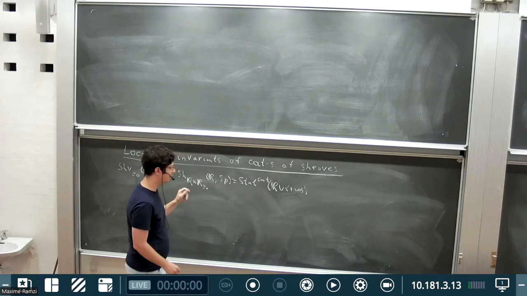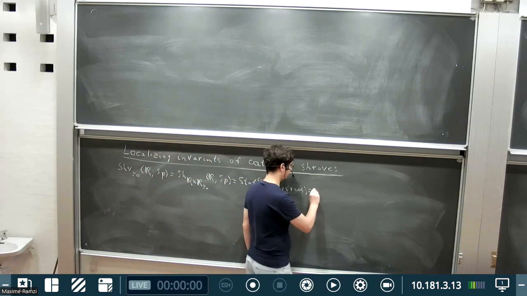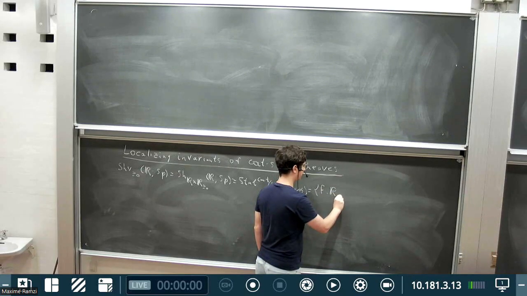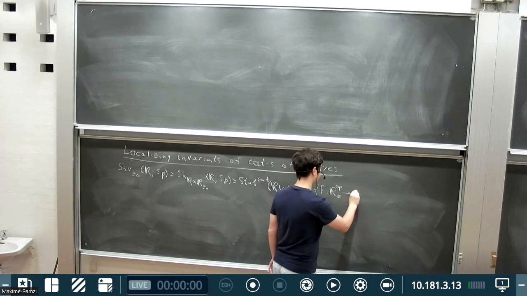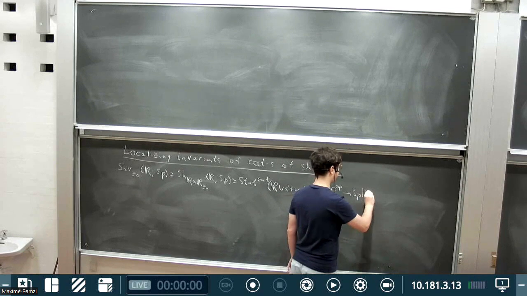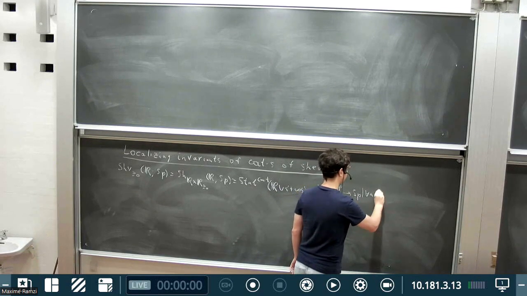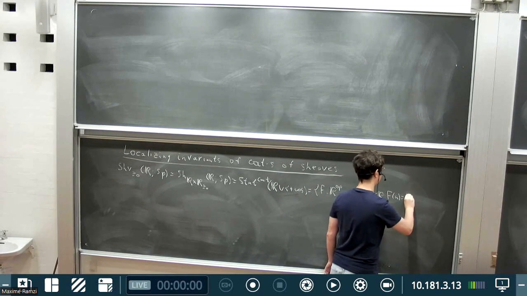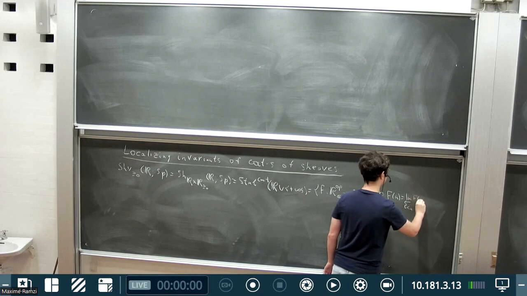It was the same thing, and this was just the same as contravariant functors from real numbers to spectra, such that for any real number A, the value of this functor is the limit over E smaller than A of f